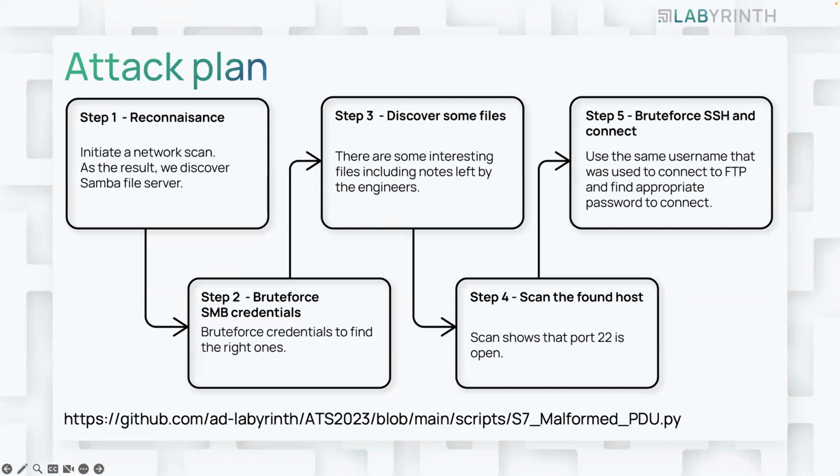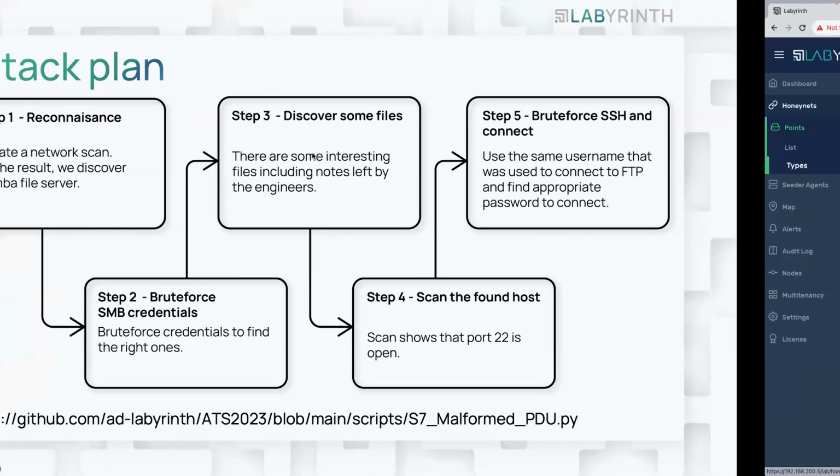All we know about the network is its address, its subnet, and that there may be a Samba file server somewhere. We don't know the exact IP address, we don't know credentials, and we basically don't know much about it. So our first step will be actually finding